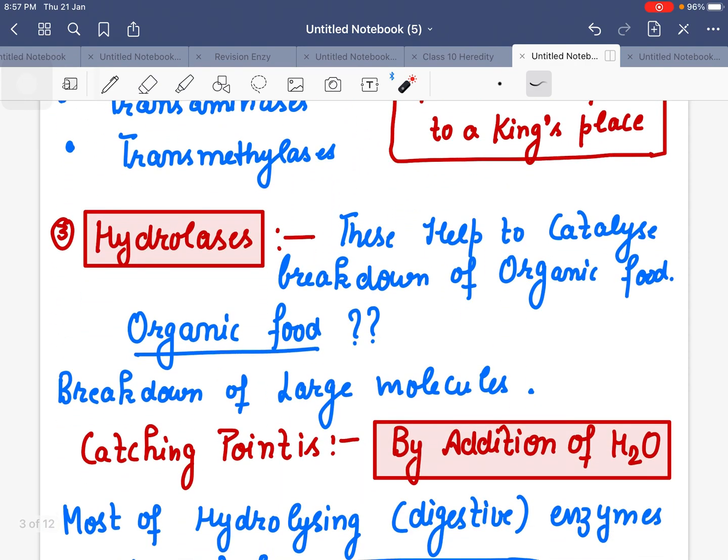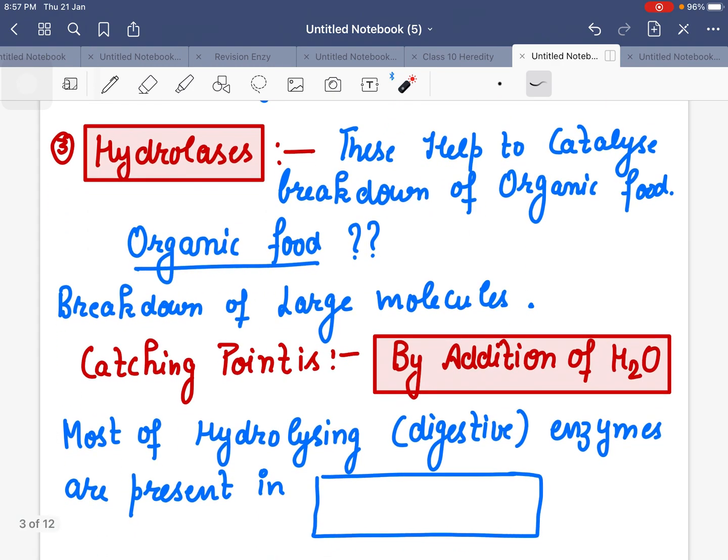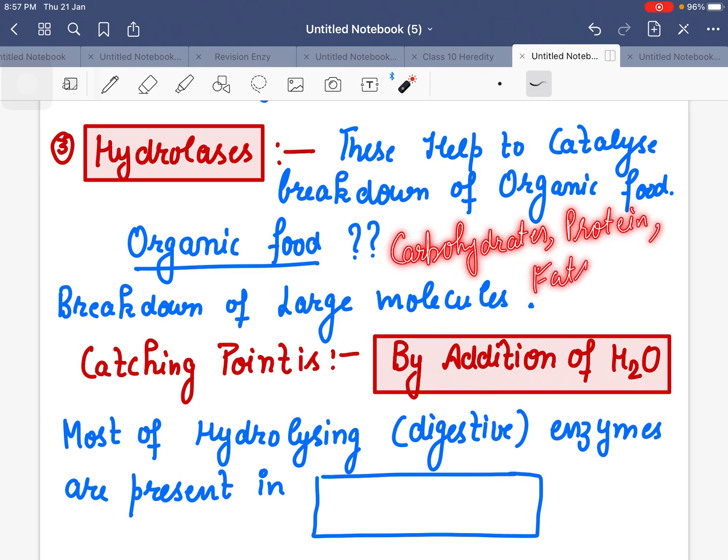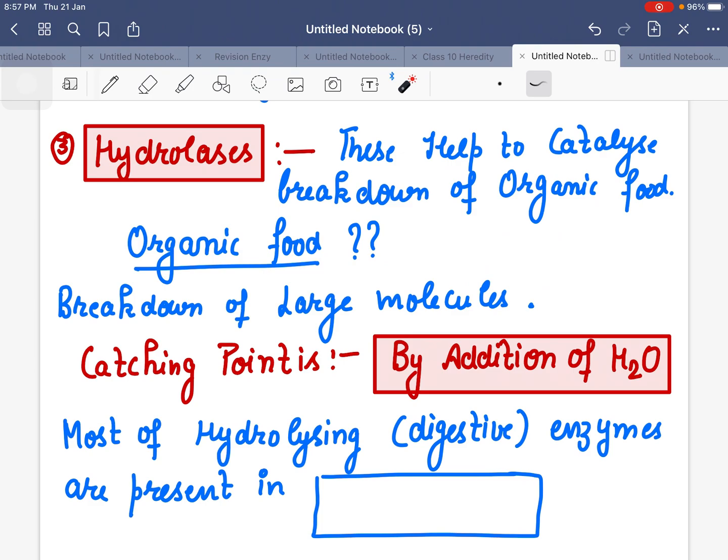Hill, so first H: hydrolases, hydro meaning water. These help to catalyze the breakdown of food. What is food? It usually includes large molecules. Carbohydrate is a big molecule, protein is a larger macromolecule, and fats are also large molecules. So it is breakdown of large molecules, but in the presence of water. Only by addition of water can you break down